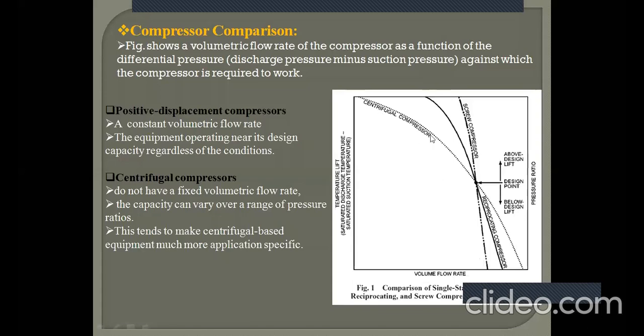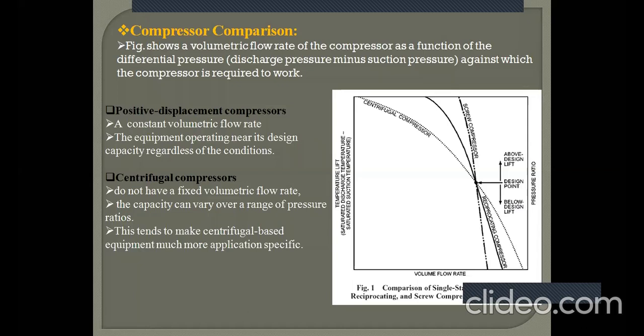But in the case of the centrifugal compressor, the volume flow rate is very much dependent on the temperature lift, and a little change in the volume flow rate may result in a change in temperature lift and pressure ratio. Clear? So it is very sensitive to volume flow rate, and vice versa. If your pressure ratio changes, the volume flow rate changes. That is the only disadvantage. That is why you have to design this chiller with the centrifugal compressor very critically, because a little change in volume flow rate may change your pressure ratio and may change the refrigeration capacity.